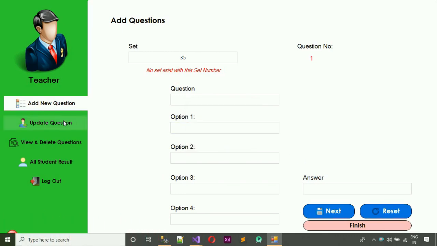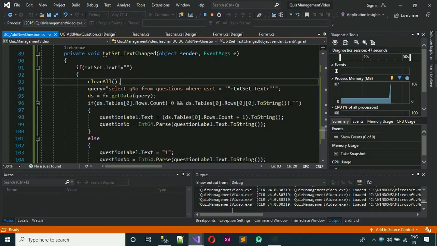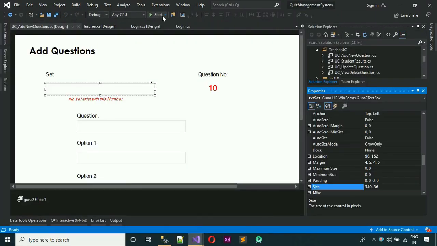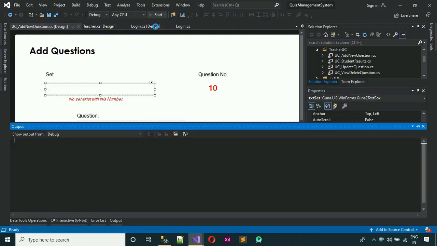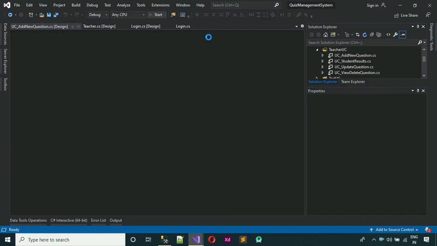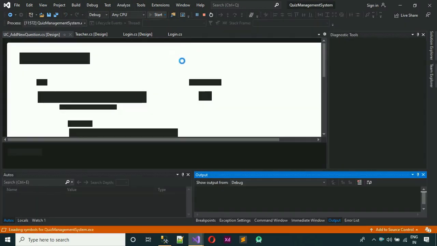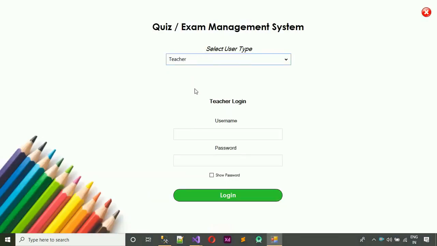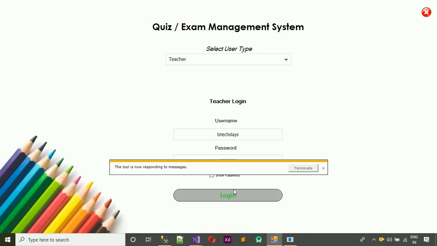So in the next video I'm going to show you how to design this one, that is update question, and how to write the backend code for this. So let me close this and let me show you what exactly I'm going to show you in the next video. So I'm going to start this complete project, and when I click on this, this is definitely going to show the login page. So I've started the project. Click on this teacher, and this is btech days. Copy this, paste it, login,